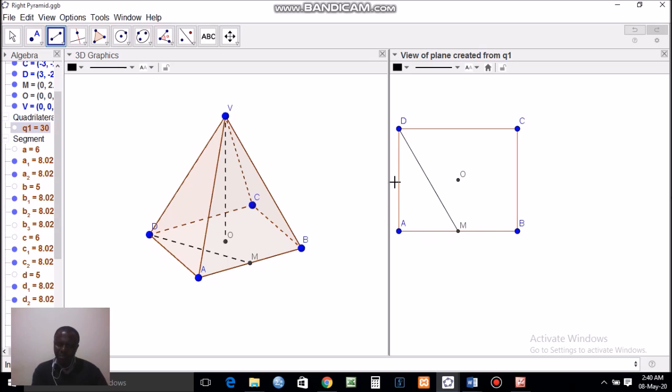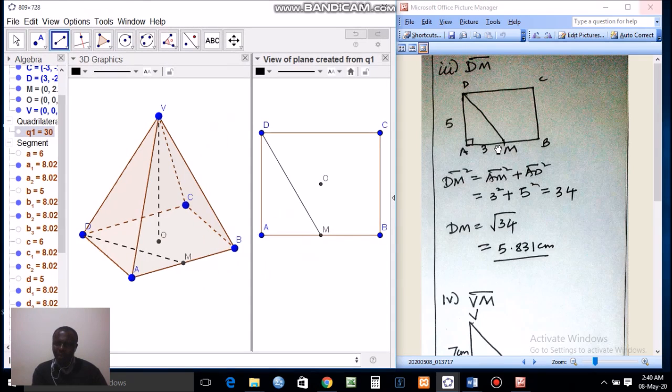DA is 5, and so the stage is set, and here we are. AM is 3 and DA is 5, and once again we can pick out right angle triangle DAM, and in that right angle triangle you realize that DM is the hypotenuse. Pretty simple. Everything comes down to right angle triangles, and we'll always once again apply Pythagoras Theorem, and we have